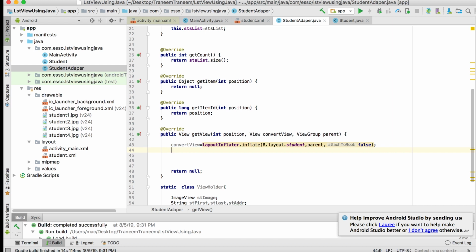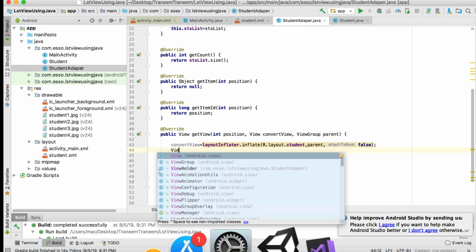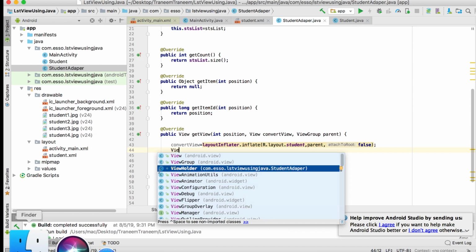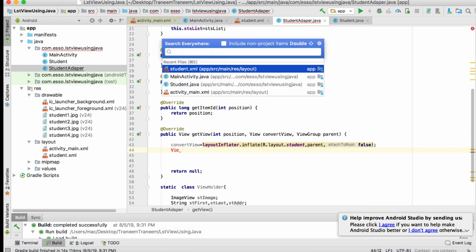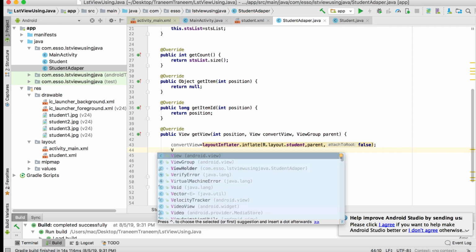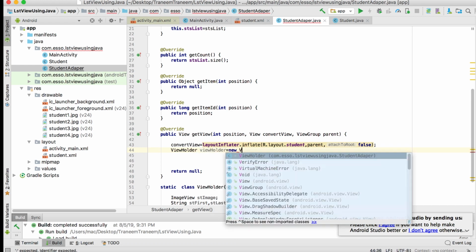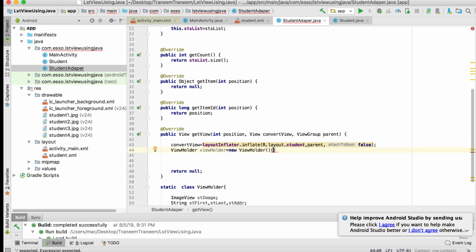Okay, and we have view holder, an instance called view holder, which is equal to new view holder. Okay,